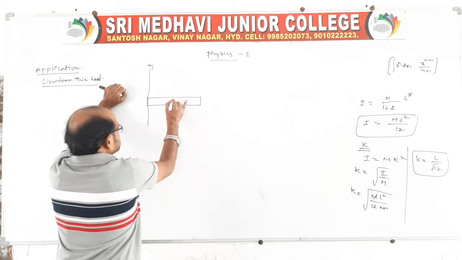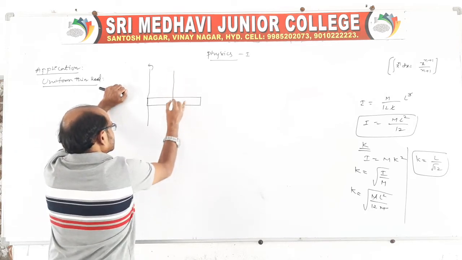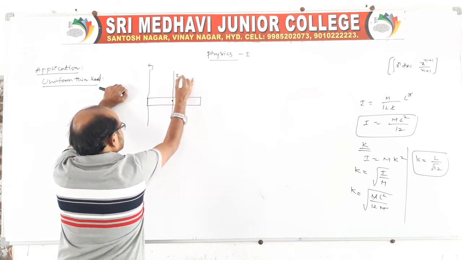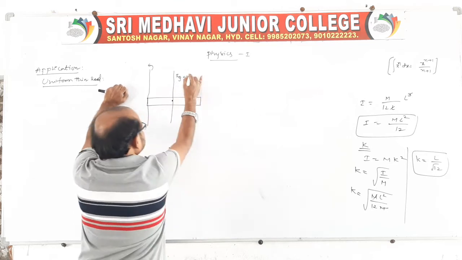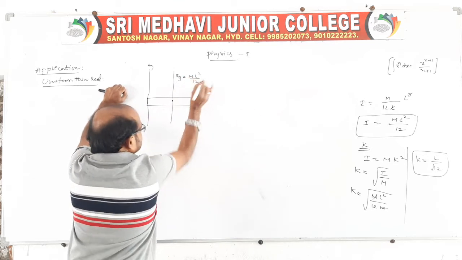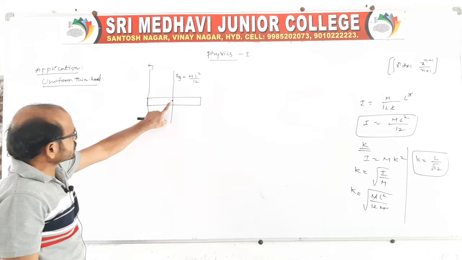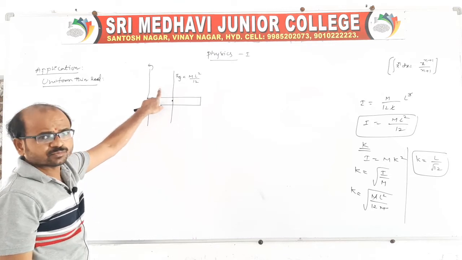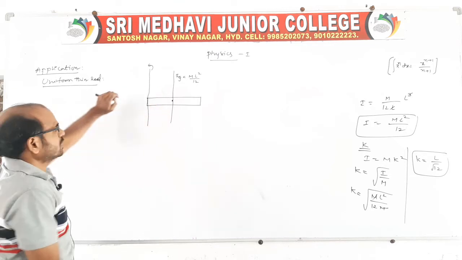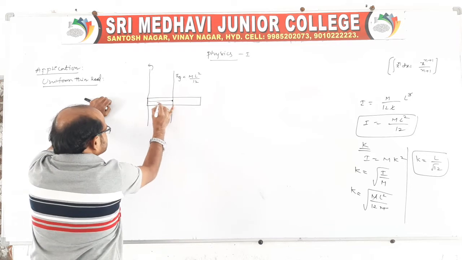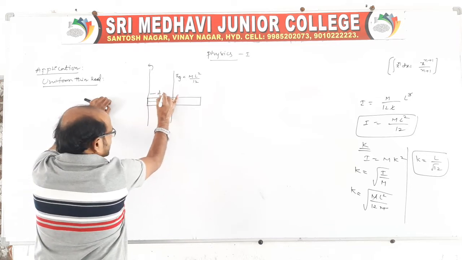Already we know about the center. Yes, of course, we know the center moment of inertia. Just now we proved it is ml square by 12. Now these two axes are parallel to each other, no? We know the parallel axis theorem, and the distance between these two is x. x is nothing but L by 2.